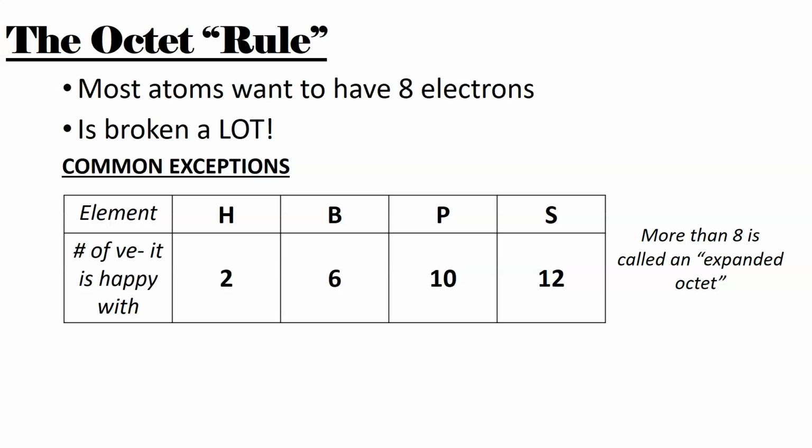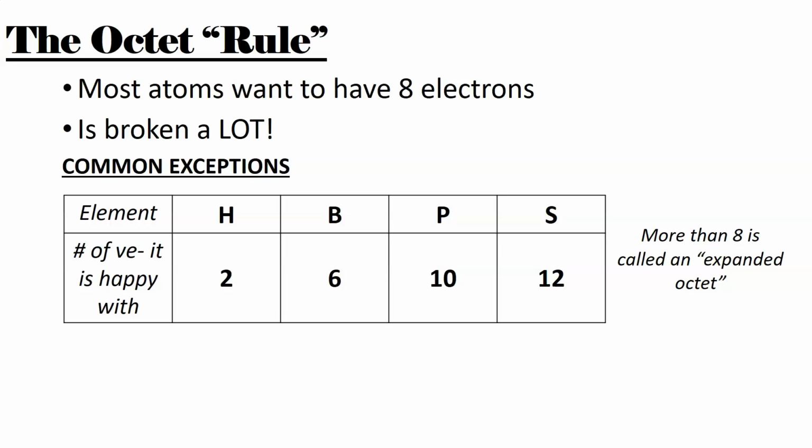We're going to have something called the Octet Rule. You're going to notice that I put it into quotation marks because it's not a very good rule. The idea here is that most atoms want to have 8 electrons to have a nice full valence shell. The problem is this is broken a lot. For a rule, it gets broken sometimes more than it gets followed. So it's a good starting point, but you have to understand that when we say there are exceptions, this time